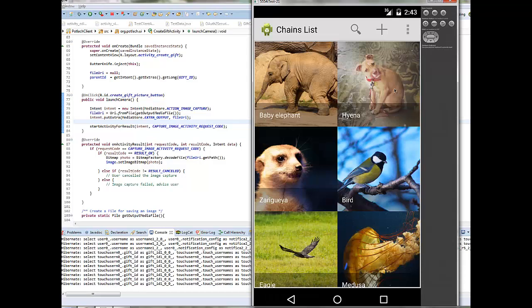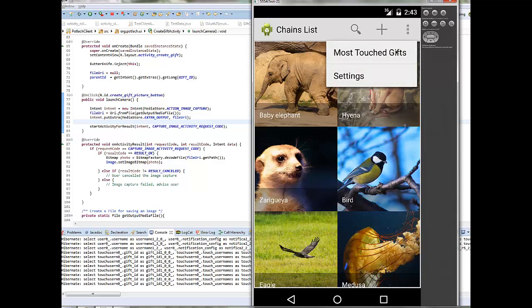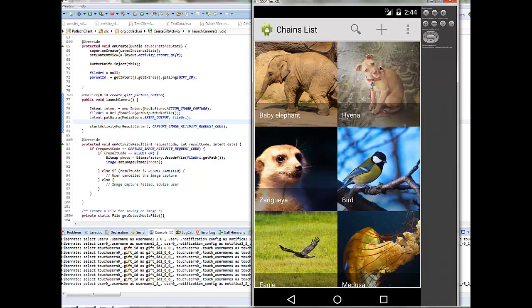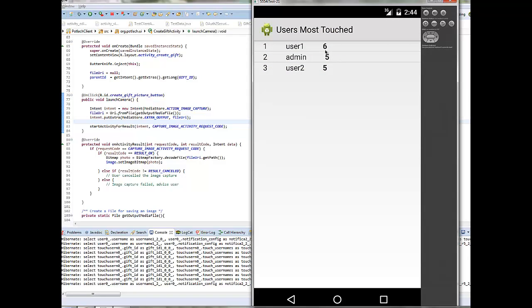We can check again at any moment the most touched gifts, and we see user 1 has 6 now, user 2 has 5, and the admin has gone up to 5. So it's second place by alphabetical order. We go back again,